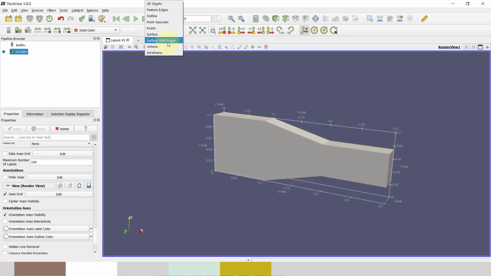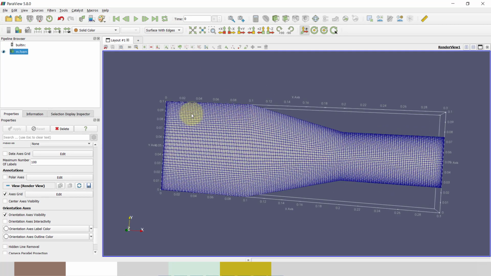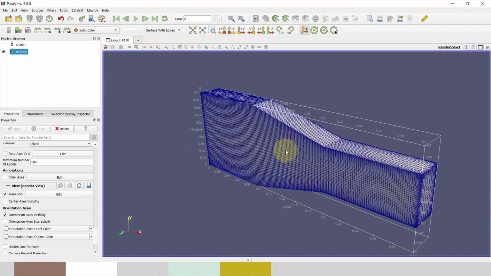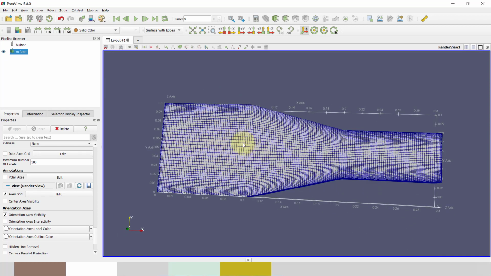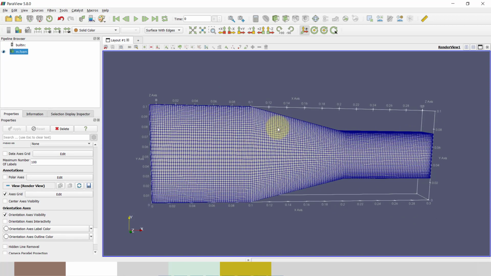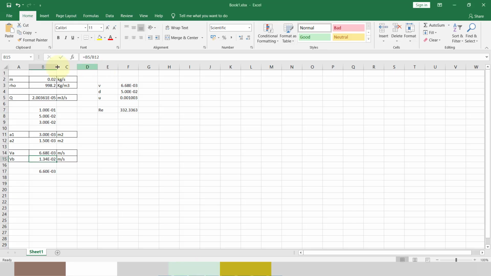Now you can see my mesh is very fine at the edge, and coarse in between, so I will capture the velocities near the wall very well. I kept my mass flow rate such that my Reynolds number is below 1000, so my flow is almost laminar.